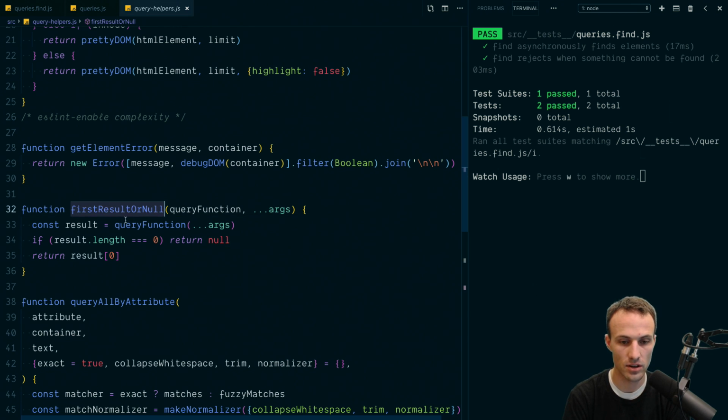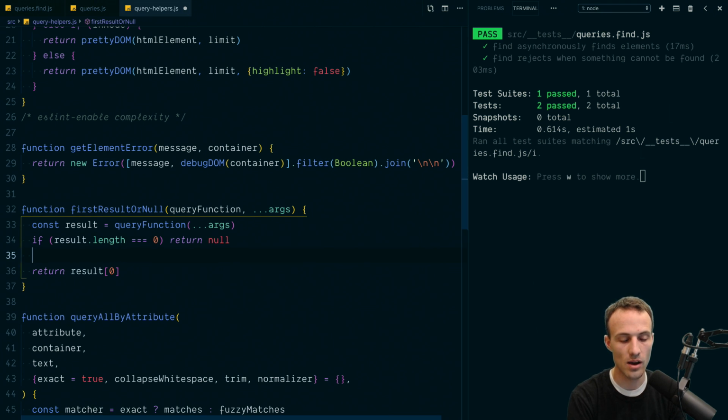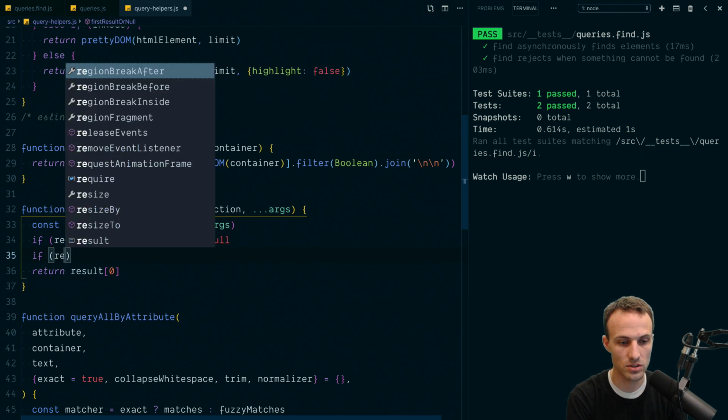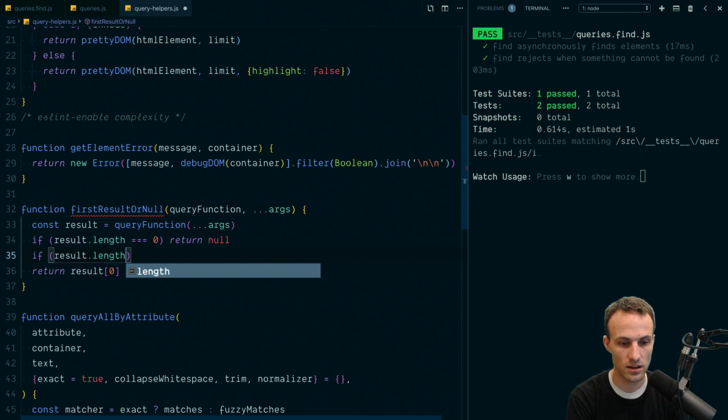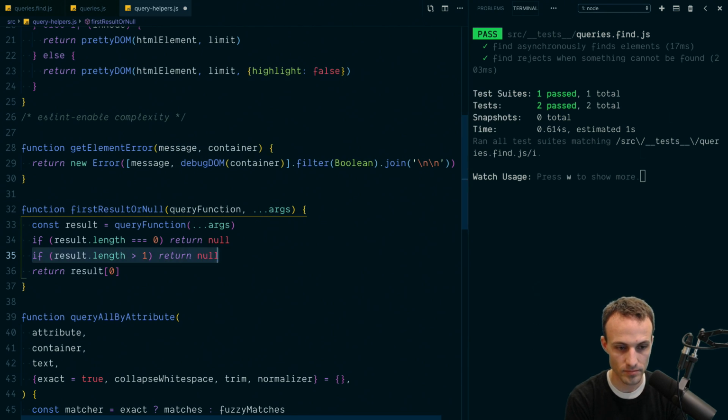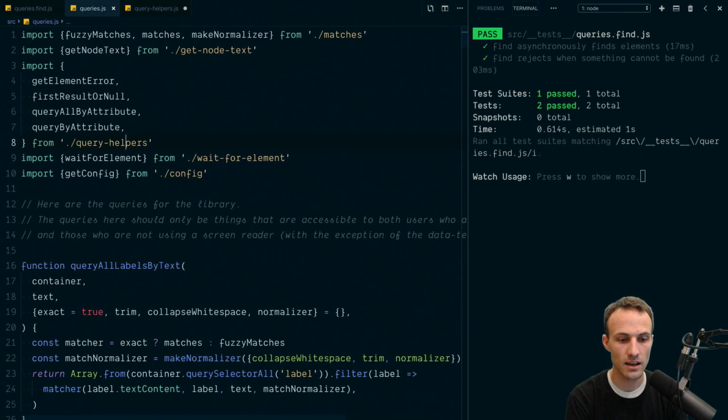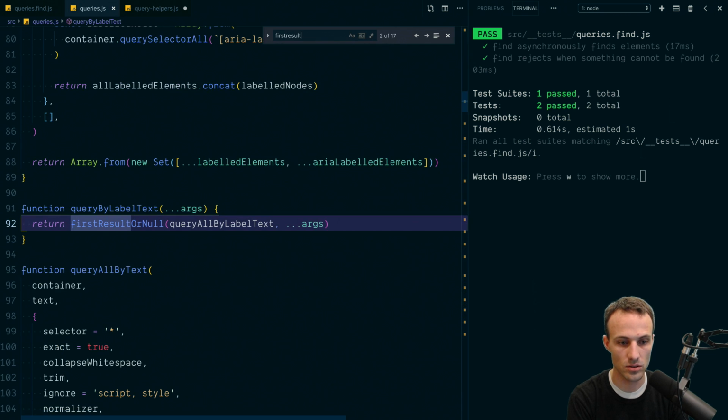So if there is no element, then we throw an error. If there is more than one, oh, actually, we need to, basically, here's the breaking change. If result.length is greater than 1, then return null. Here as well. Yep. And then first result or null